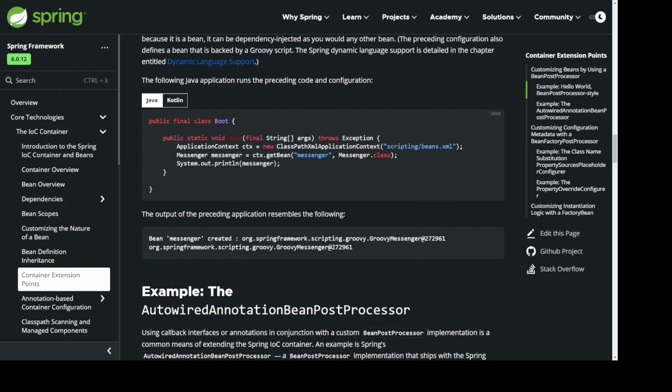The following Java application runs the preceding code and configuration. import org.springframework.context.ApplicationContext; import org.springframework.context.support.ClassPathXmlApplicationContext; import org.springframework.scripting.Messenger; public final class Boot { public static void main(final String[] args) throws Exception { ApplicationContext ctx = new ClassPathXmlApplicationContext("scripting/beans.xml"); Messenger messenger = ctx.getBean(Messenger.class); System.out.println(messenger);